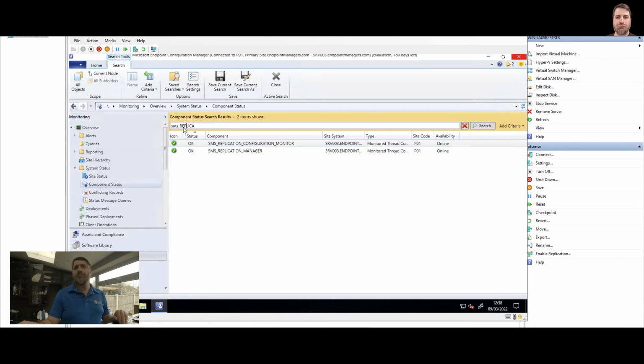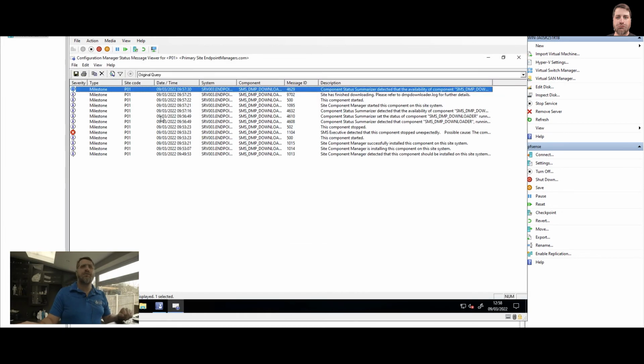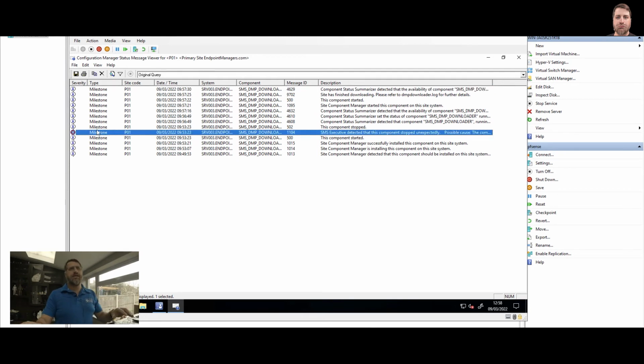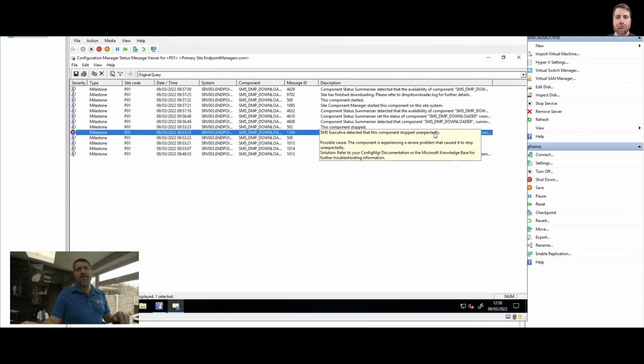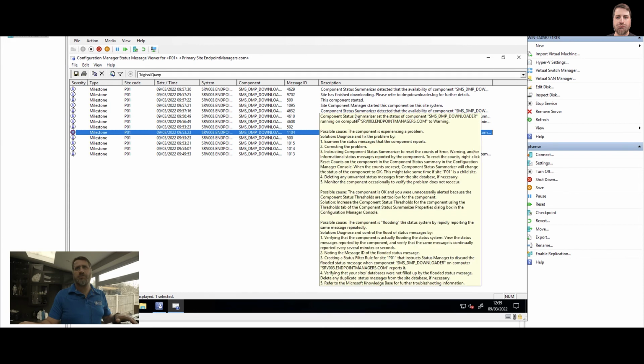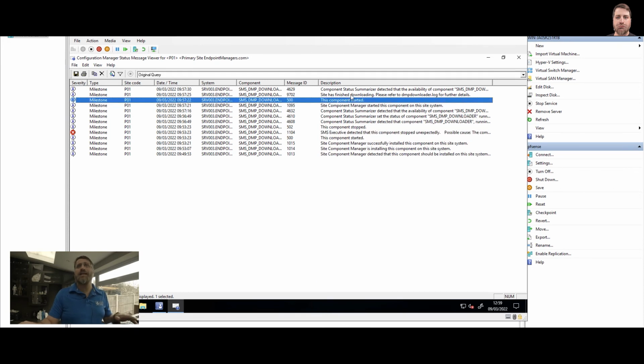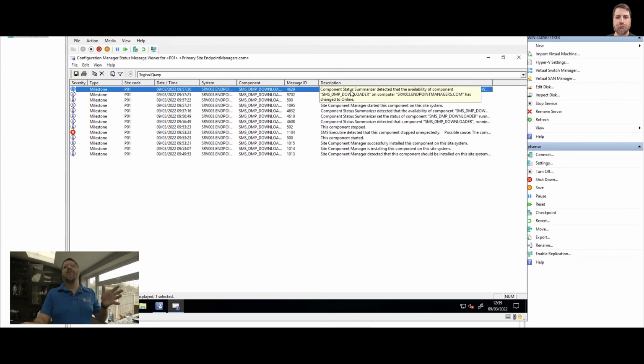And now the SMS DMP downloader. So this one has a problem. So there is a warning. So let's see what exactly this is. We can see here there is a problem, a red X. And there is a problem because in this specific period of time, the component has just stopped. So we were actually installing, successfully installed, started, and then the component stopped. And then later on, we can see lots of things have been done, and then the component started,